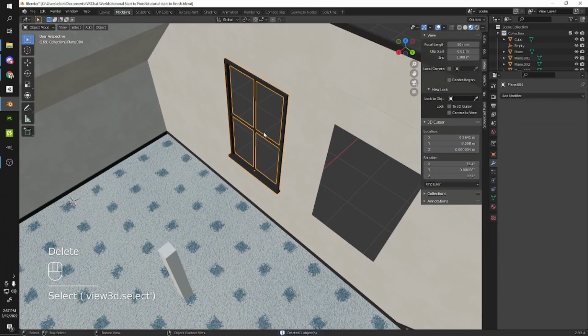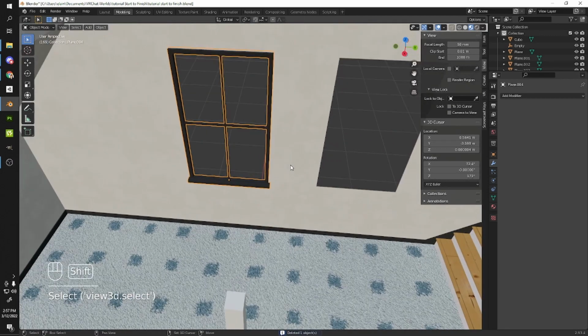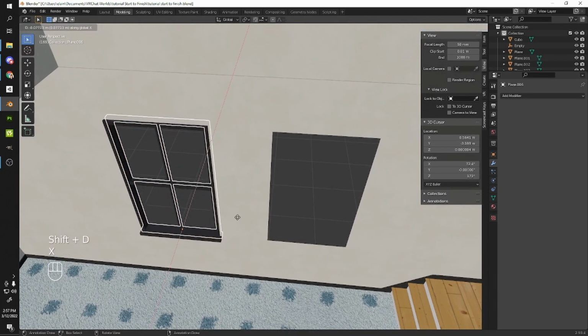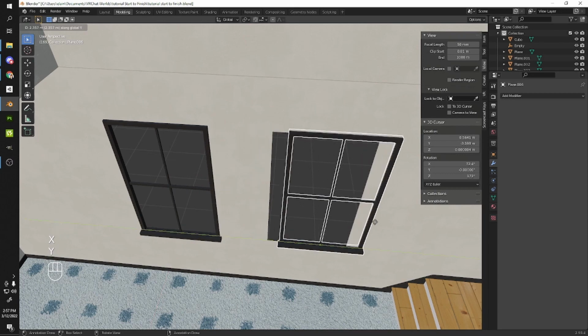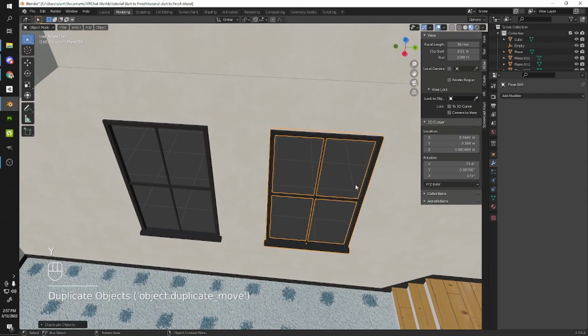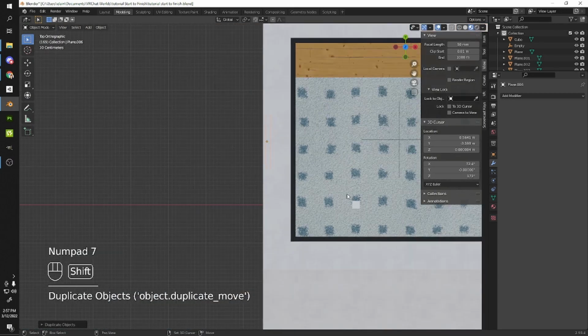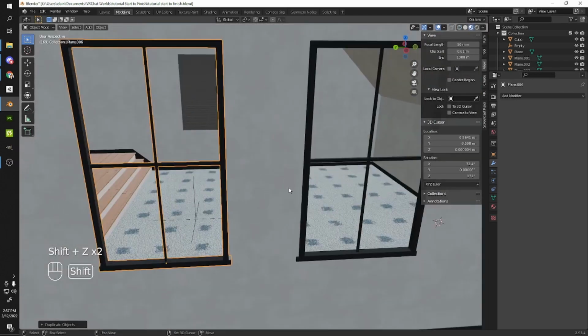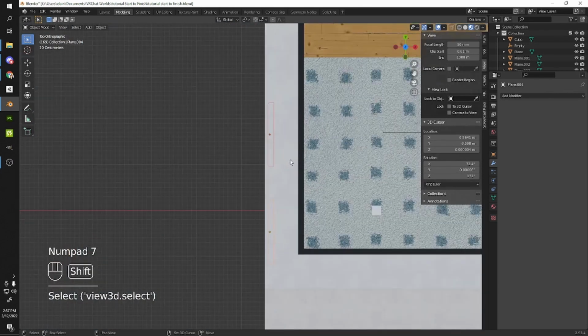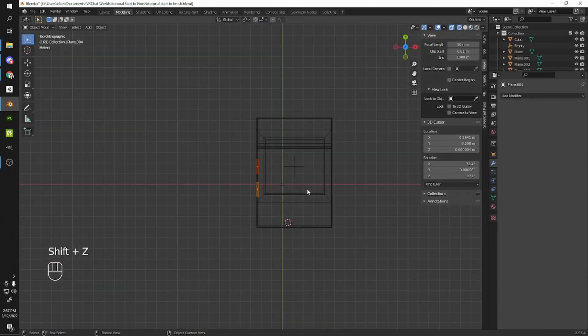But yeah, that's fine. Shift-D in object mode. I'm going to press Y to lock to the Y axis. I'm going to bring it around this way. I'm going to press 7 on the number pad. Actually, I'm going to select both of these. So I have this one selected. I'm going to hold Shift and select this one, press 7 on the number pad, press Shift-Z to see the wireframe mode, press